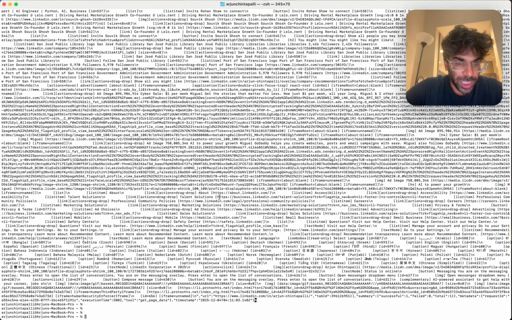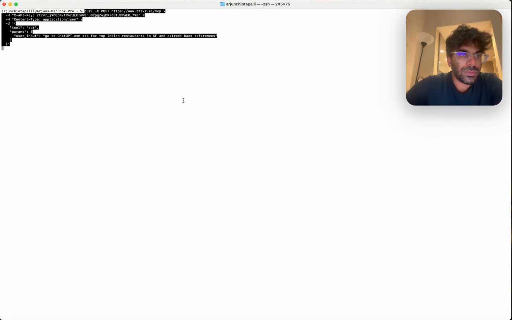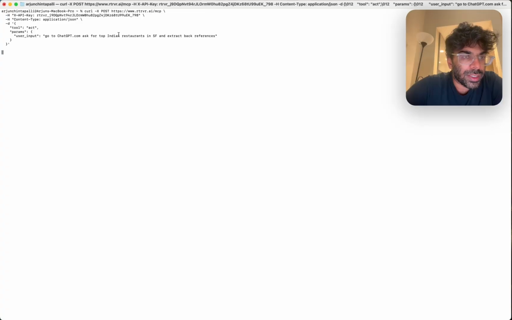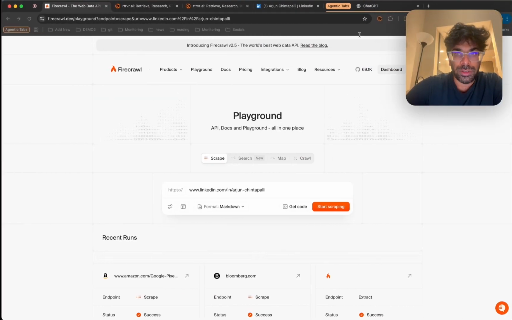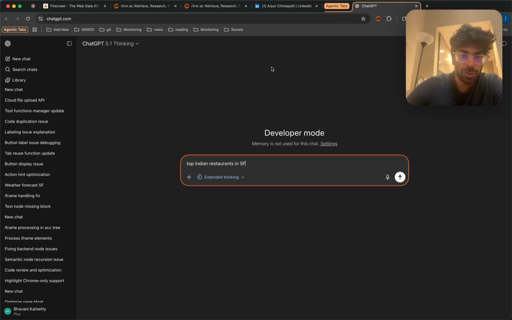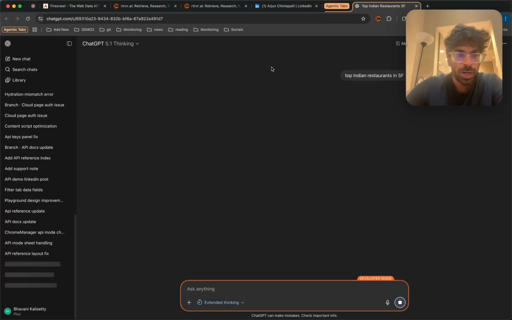Beyond getting page data, you can also trigger actions on your browser. So you can just give a command like this to trigger the extension to open ChatGPT and try to do some AEO analysis of what references were cited for a given query. So with that, the extension has opened ChatGPT, it submitted a query, and it's waiting for ChatGPT to give the response, and then it'll just parse out